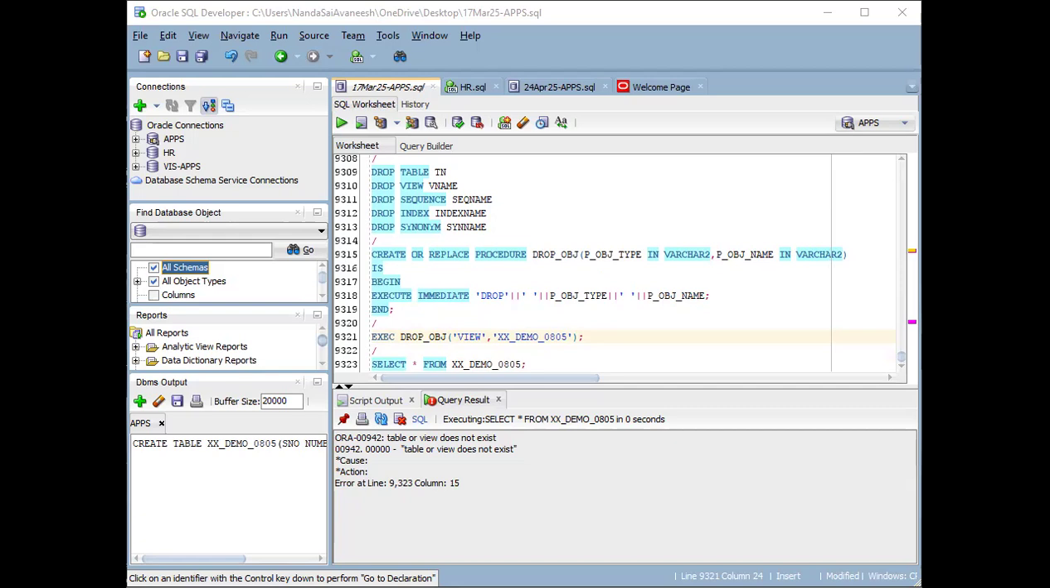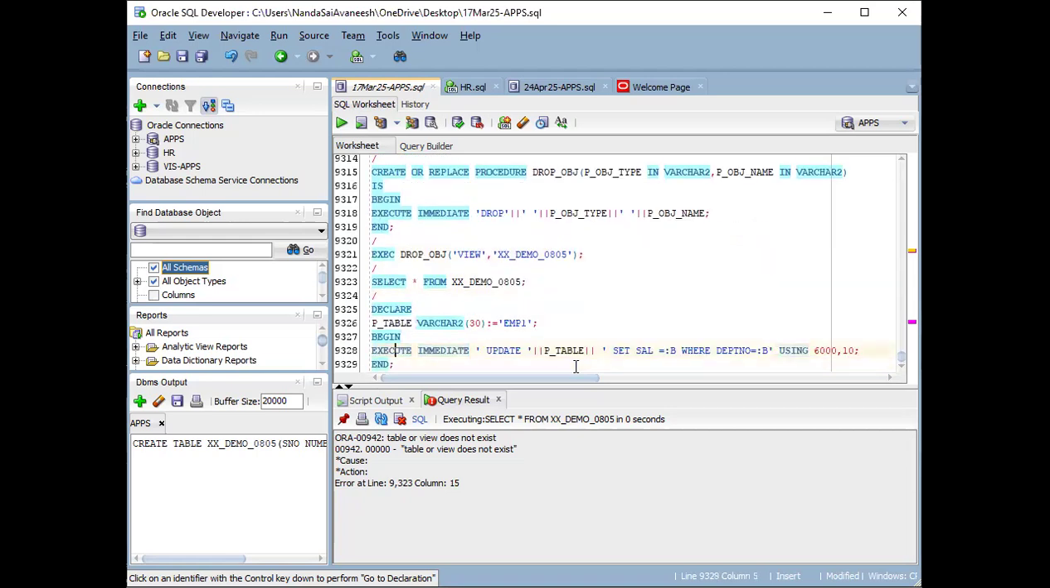So suppose I want to update any data in the table, I can use the update statement also in this. You can use this: declare p_table_name varchar2(30) := 'emp1'; begin execute immediate 'update table_name set salary = :b where department_number = :b' using 6000, 10;